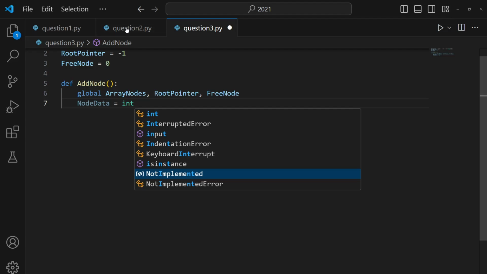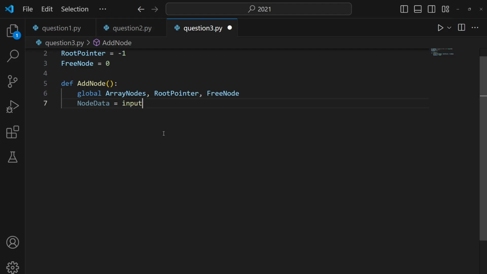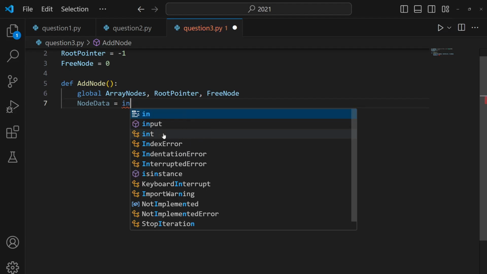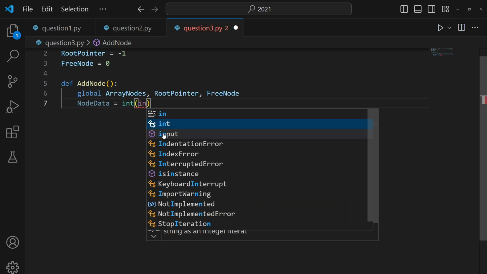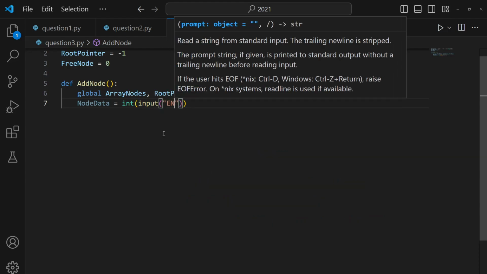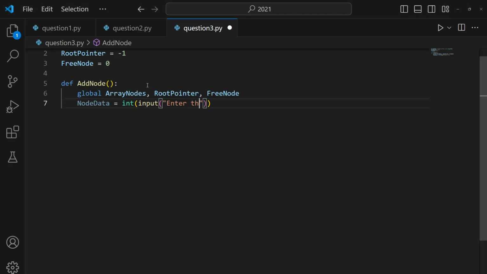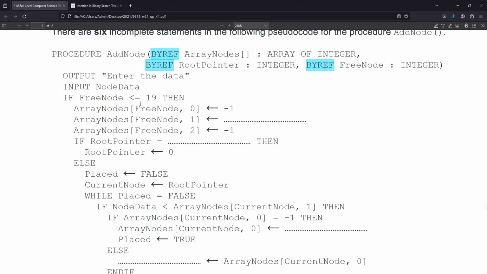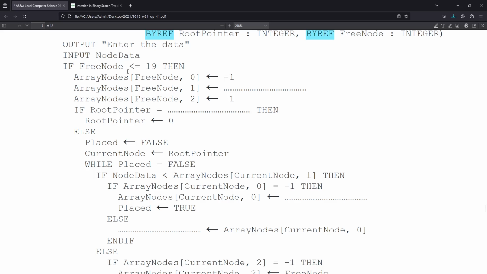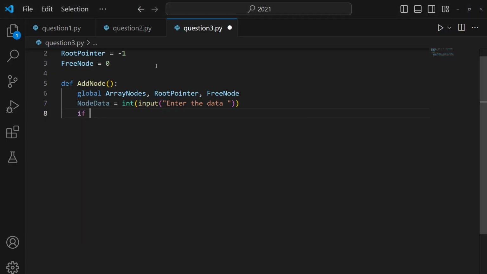We want to go ahead and input, but the values inside the array are integers, so let's also keep that in mind. Enter the data, exactly how it's mentioned in the question. So if free node is less than or equal to 19,